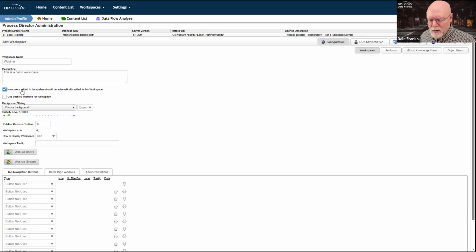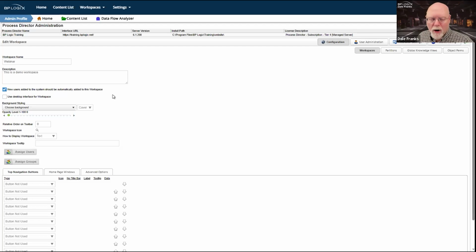but on a new system, what you're probably going to want to do rather than create a new workspace like this, although you may want to create a new workspace like this and leave the admin profile alone. That's probably better advice. Don't edit the admin profile, except to go into it and be sure that this checkbox is unchecked. What you should probably do on a new system is, first thing, create your own user profile workspace that's going to be your generic workspace.